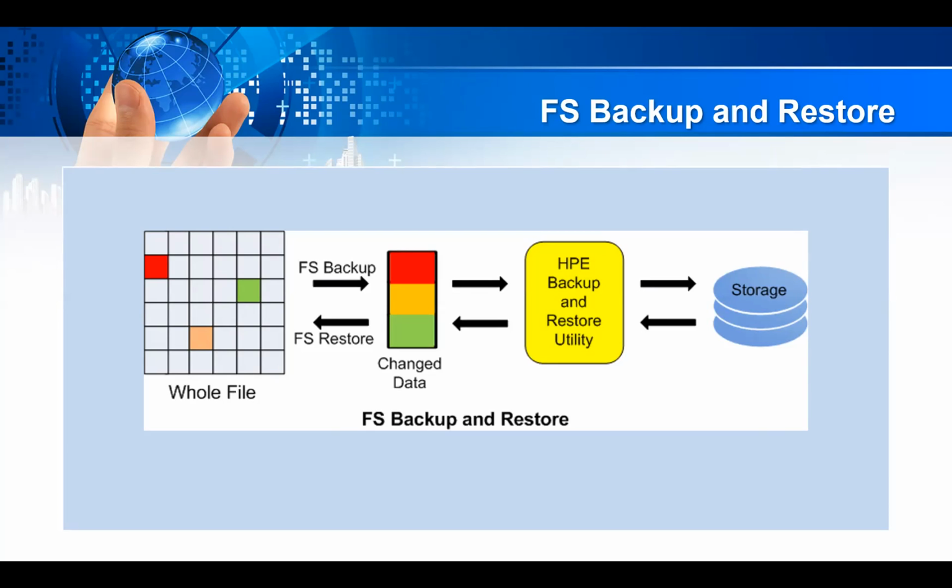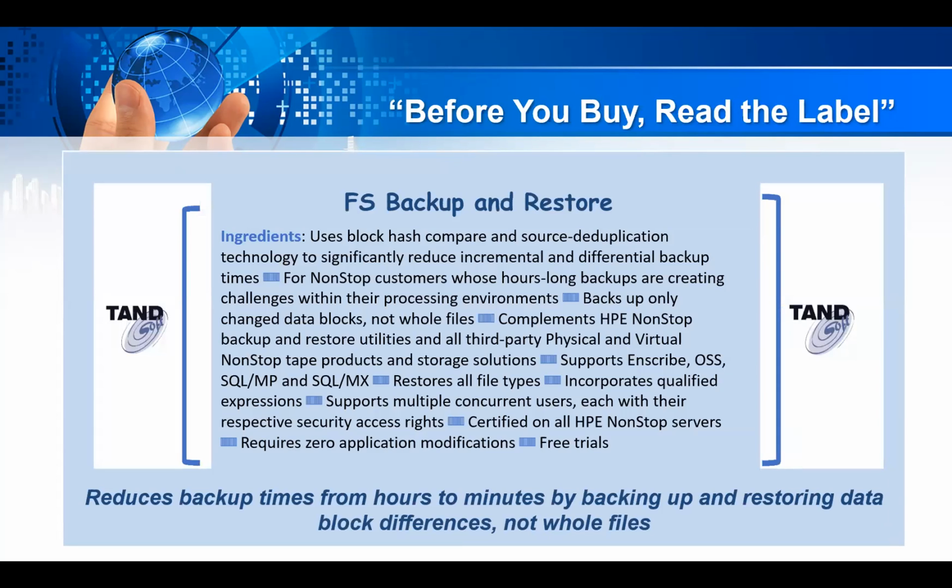And you can see that it doesn't replace the HP Backup and Restore, but it sits in front of it. So it will access the files and interface to the HP Backup and Restore. And HP Backup and Restore can still go to the traditional physical tape. It can go to virtual tape. It's completely transparent downstream from the Backup and Restore utility. With FS Backup and Restore,